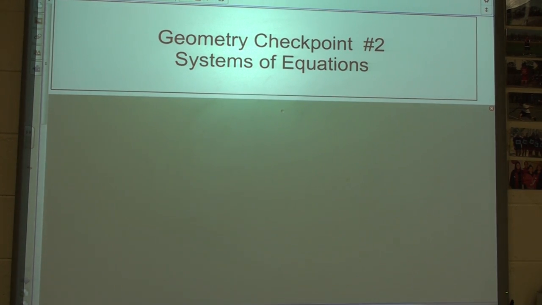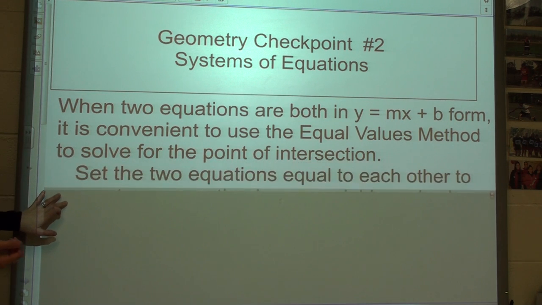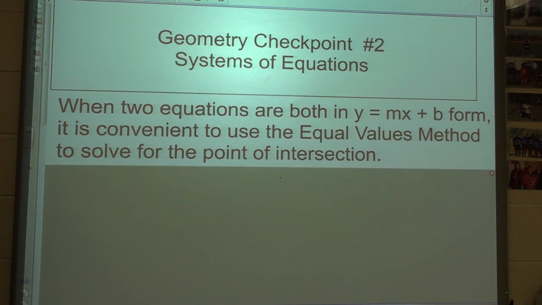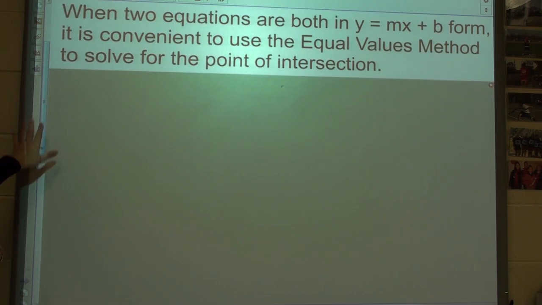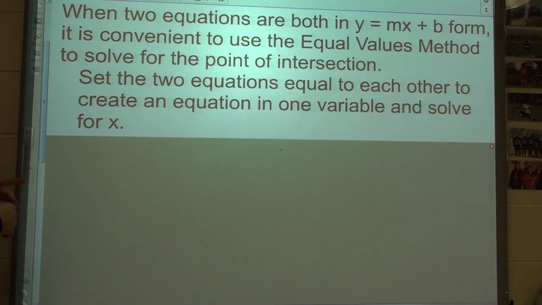Geometry checkpoint 2, systems of equations. When two equations are both in y equals mx plus b form, it is convenient to use the equal values method to solve for the point of intersection. Set the two equations equal to each other to create a single equation in one variable, then proceed to solve